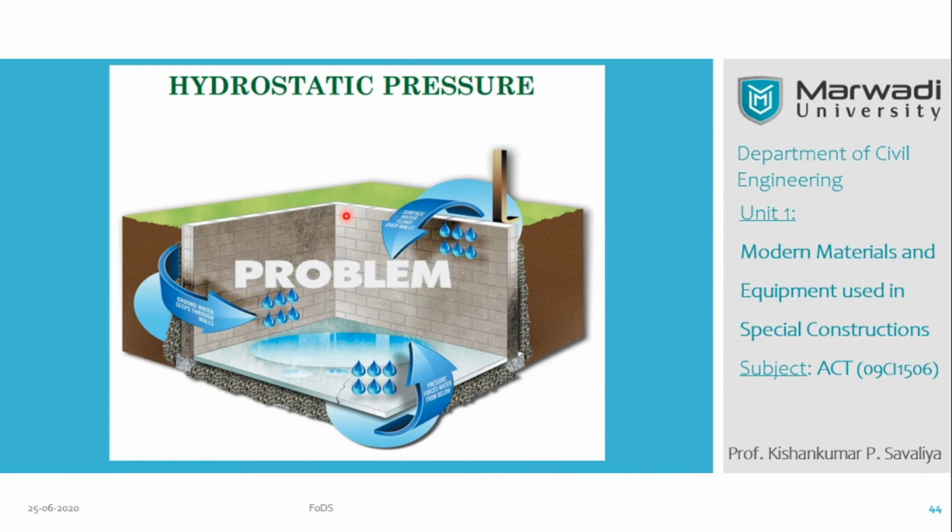Then let us discuss the second force, that is water, what we basically call the hydrostatic pressure, which is below the ground level. The problem is that in our building water comes from the downward side. Here you can see the problem from the top side in case of heavy rain, and from the side in case of any change in the ground water effect. So this is our problem.